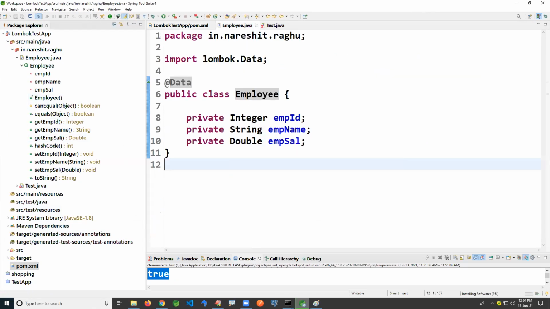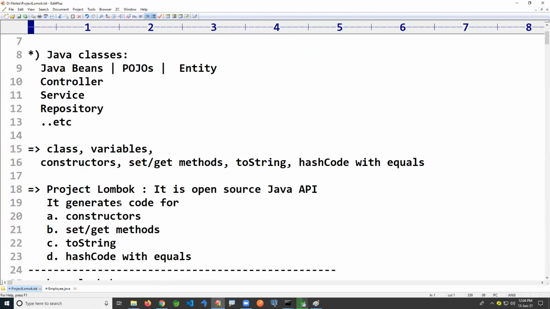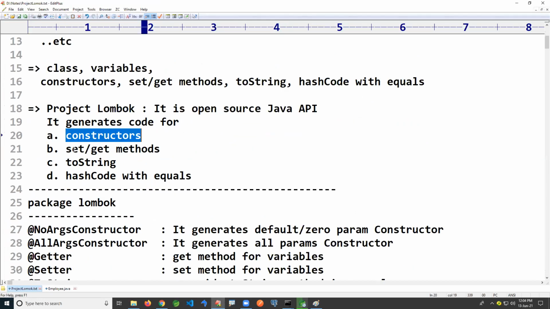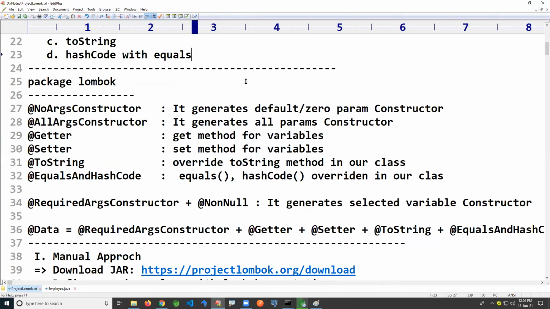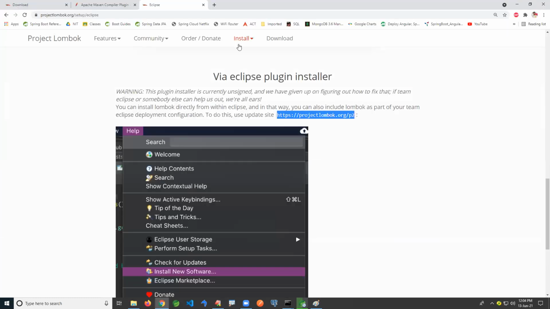This is giving an overview again. Finally, Project Lombok is used to generate source code for constructors, set and get methods, toString method, equals and hashCode. Still, if you want any other constructor, there is no other way, you have to write it manually. For example, if I have my own requirement, you write it manually. Any other methods required, you have to write manually. It is giving support for a few. There are still some other requirements, for example when the superclass has a parameterized constructor, you have to write it manually.